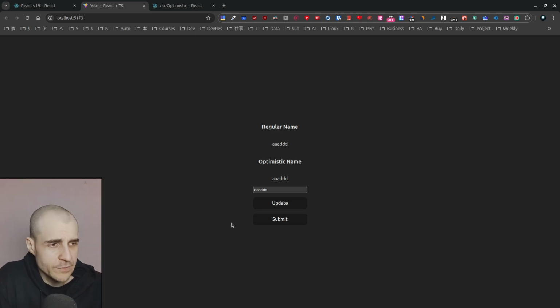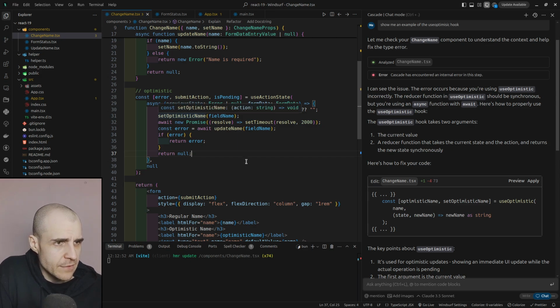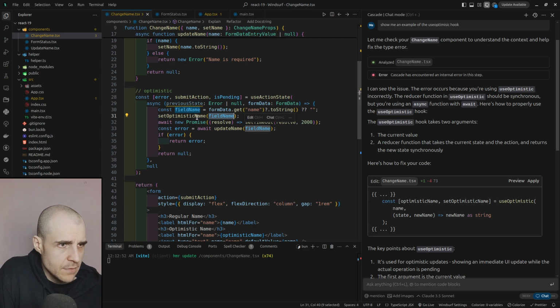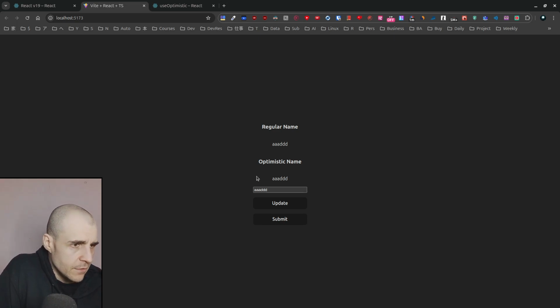Of course, the important part about this is that we can break it. So we have the set optimistic name, field name. This is the field name that we got from the form data. But if I make this a string, obviously inaccurate, or I just rename it cake just to make it obvious. And we try this. So obviously, we are optimistically updating with the new value, which is not going to be correct right now. So update, it's updated to cake, and only after the 2 seconds is up, it is corrected